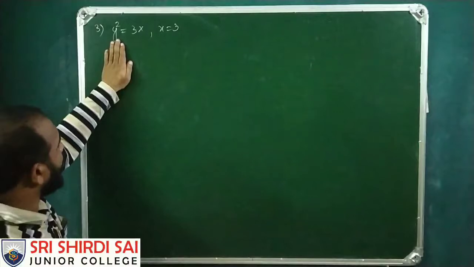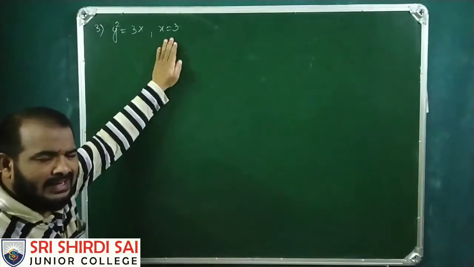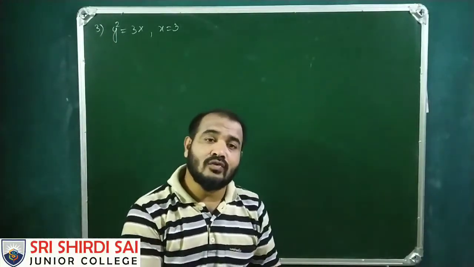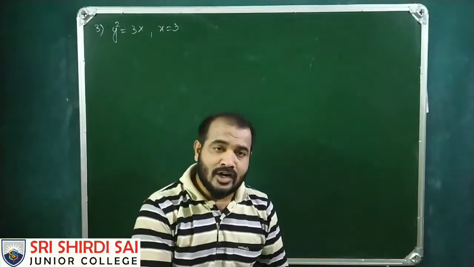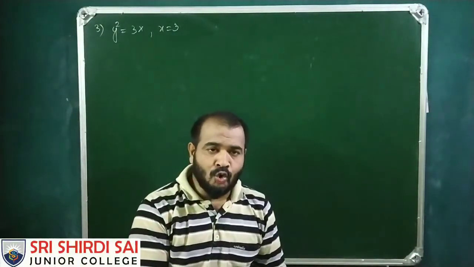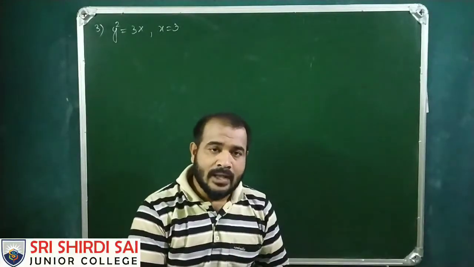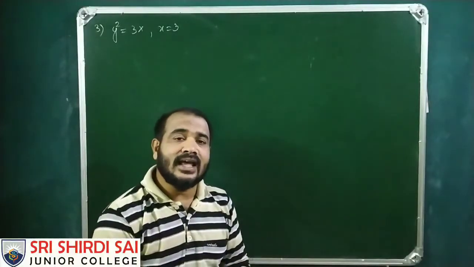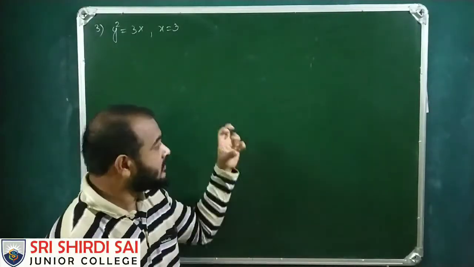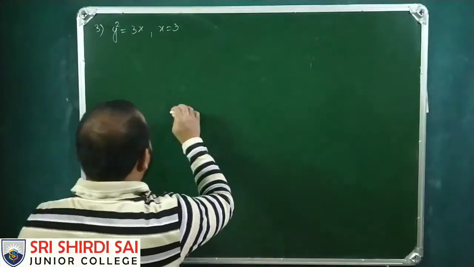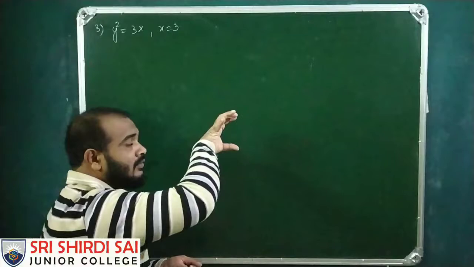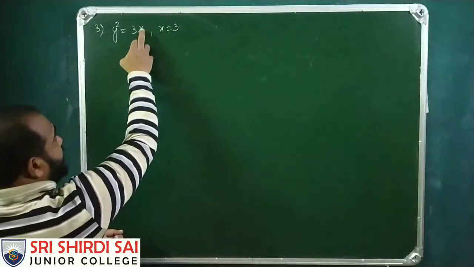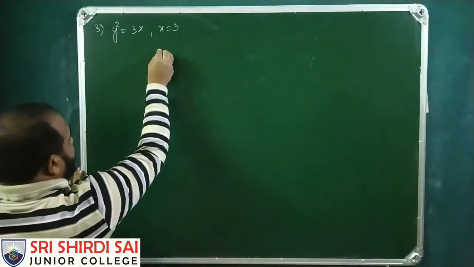The area of the region bounded by y square equals 3x, x equals 3. Let us quickly analyze. y square equals 3x is the parabola. It is of the form y square equals 4ax. It is a standard parabola whose vertex is at the origin. y power even, symmetric about the x-axis. So the x-axis is acting like a mirror, which means it could open to the right side or the left side, but here x has a positive sign, therefore the rough sketch of this is